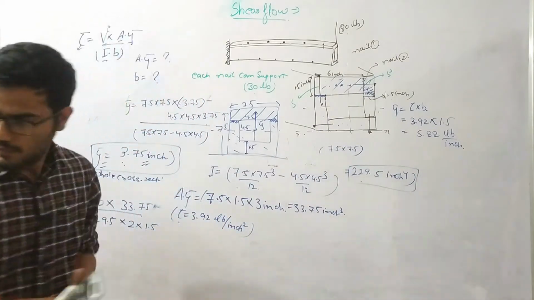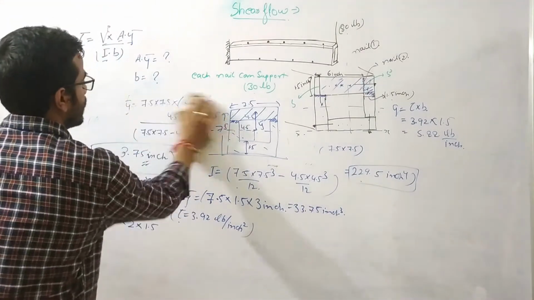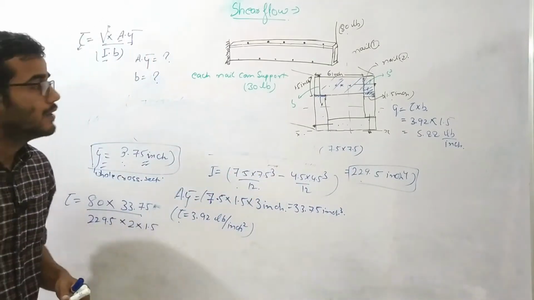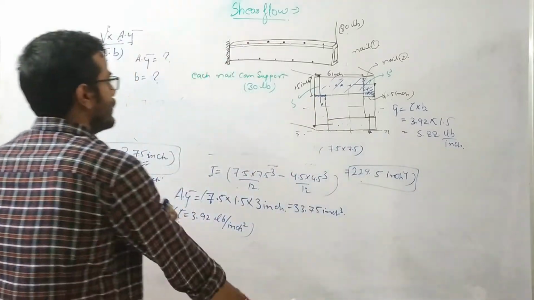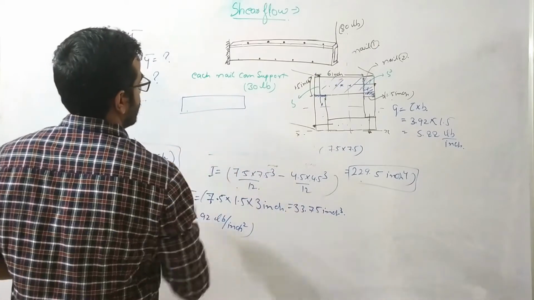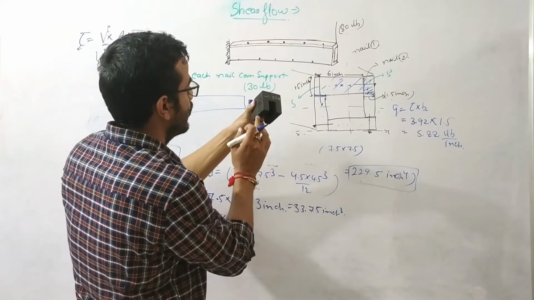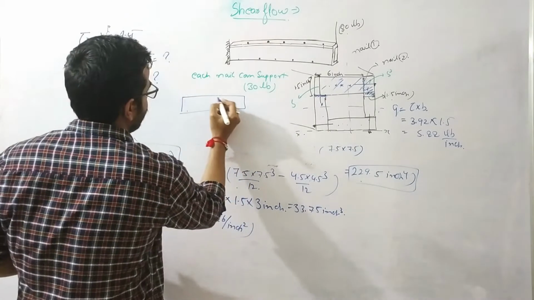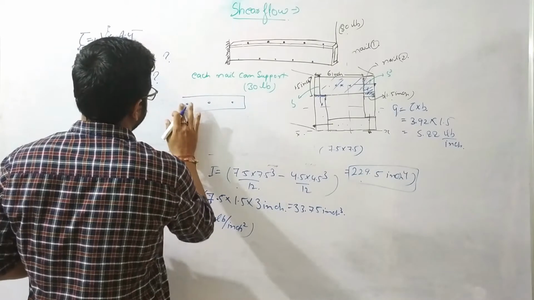Now this thing is done. So shear flow is calculated for this nail. So the total shear force which is coming on this nail will be like this. Let us suppose this is the cross section I'm talking about. Here one nail will be there. At this cross section, one nail will be here, one nail is here, one nail is here.